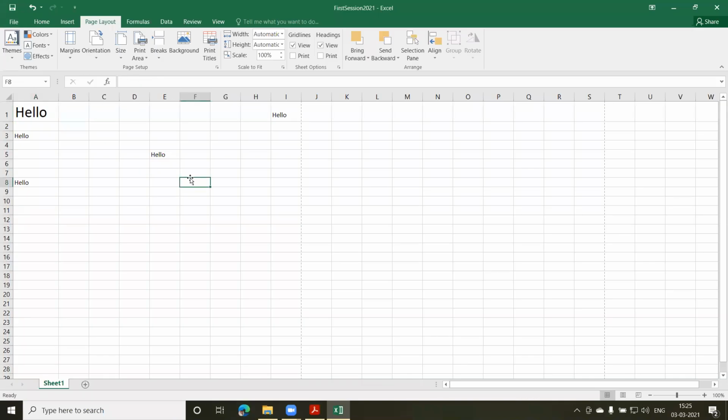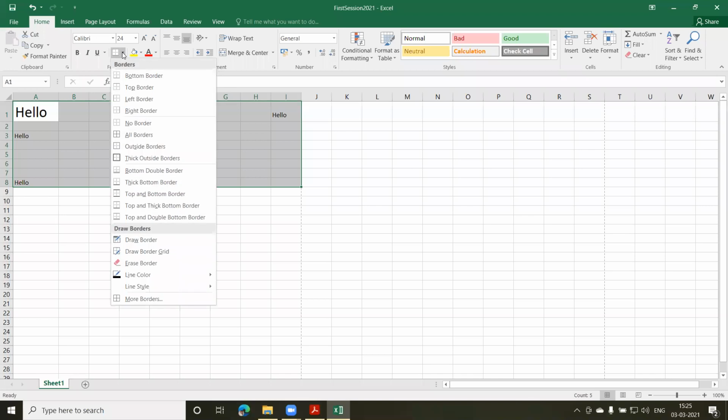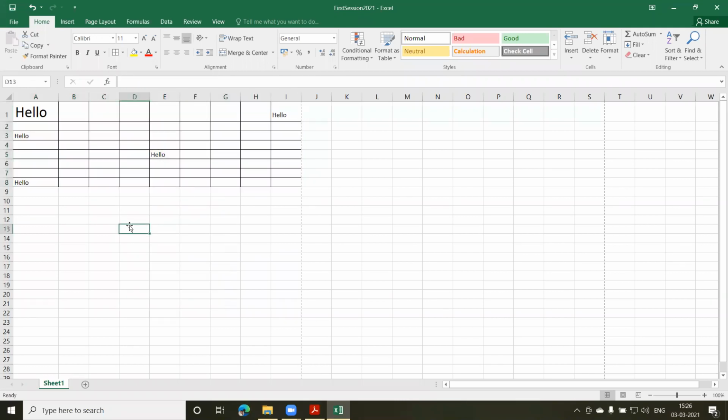Now, what if I wanted to get this into rows and columns? I want the borders for the cells. So what you can do is select all the cells where you want to put the lines, the proper grid. Go to home. Now there's one more drop down here, you can see this one under the font. We have all the different types of borders which can be applied to the selected cells. Either I can go for bottom border, top border, and so on. I'll prefer going for this all borders. As soon as I do this, you can see this now.